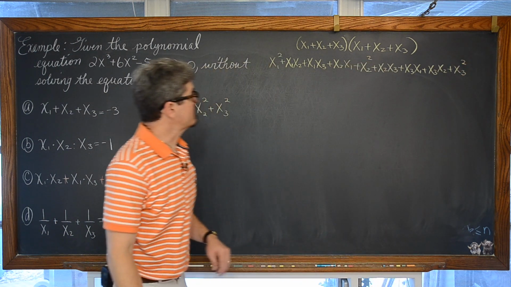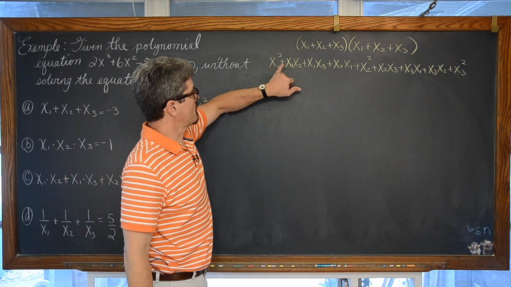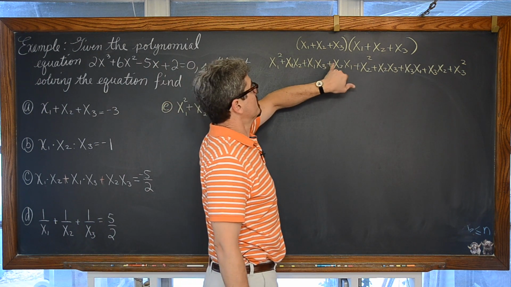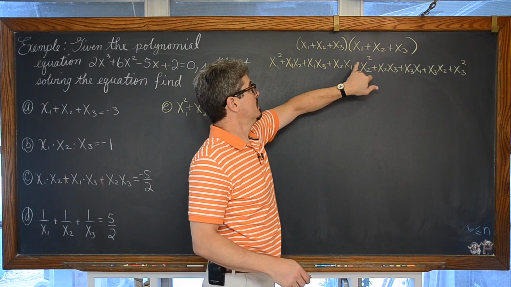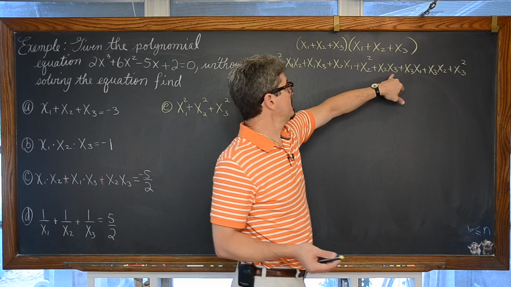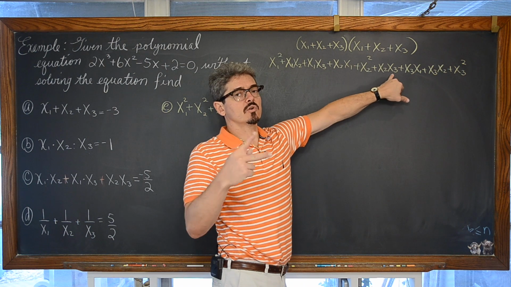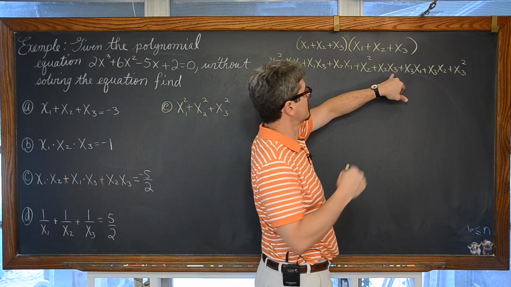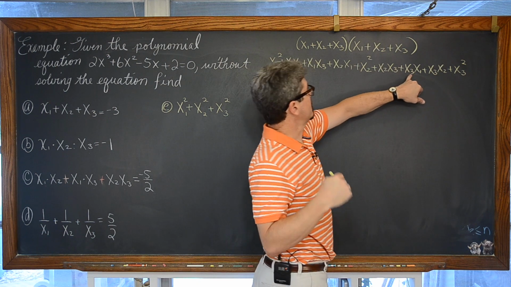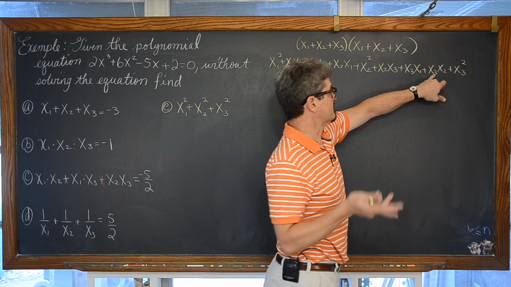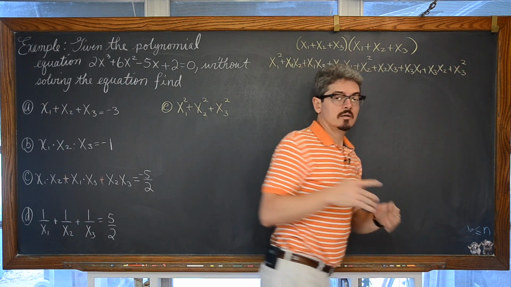Okay, so I just did that expansion. So we have x sub 1 squared plus x sub 1 times x sub 2 plus x sub 1 times x sub 3 plus x sub 2 times x sub 1 plus x sub 2 squared plus x sub 2 times x sub 3, as we've now multiplied our second term from the first group of 3 into each of the terms of our second trinomial. And then we're going into the x sub 3 times each of these terms, x sub 3 times x sub 1, x sub 3 times x sub 2, and x sub 3 squared.